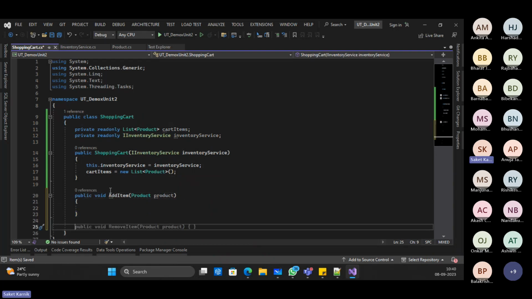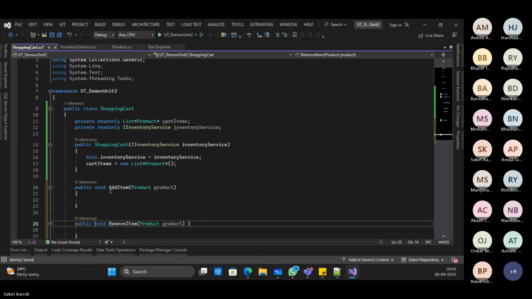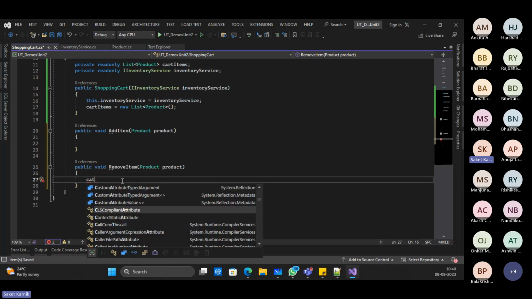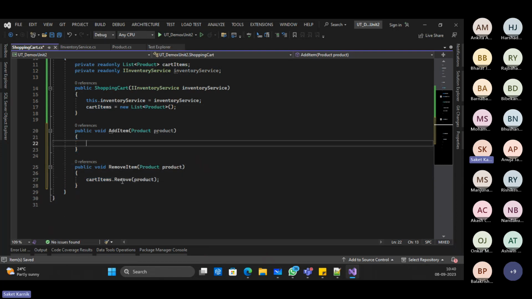And then RemoveItem is the next method, which also receives the product to be removed as a parameter and removes that from the list. So to remove from the list, we directly have a method that can be called on cartItems: cartItems.Remove(product). For AddItem,